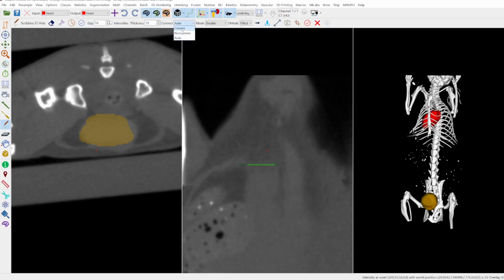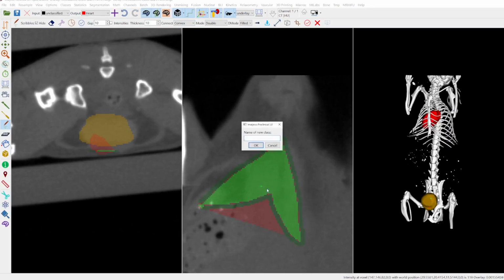Then this connect mode is very interesting. Let me explain it to you. For convex organs, you can also change this mode to convex. Let me give you a very extreme example. Now also this red part here will be segmented as A, like this.